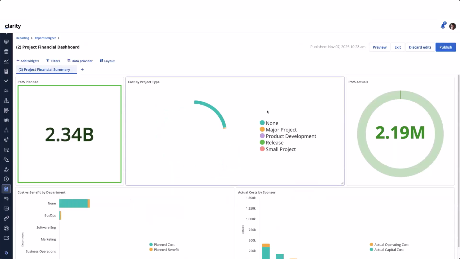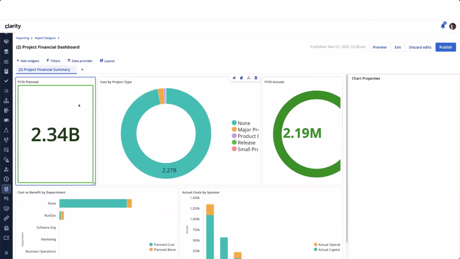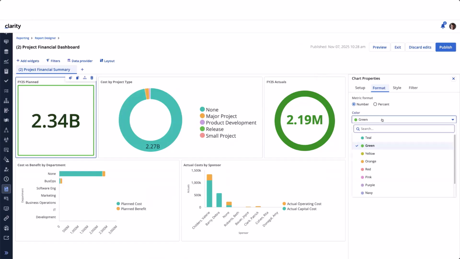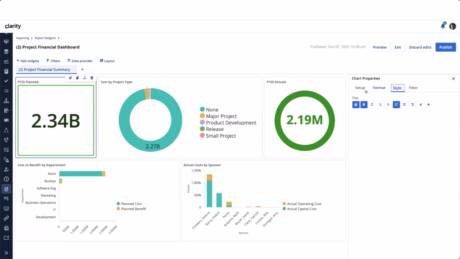So let's go into edit mode. I just want to show what it is in the current release. We'll go into the properties for this number tile. And the format area is where you set the tile. You have a total of 10 tile colors, and you can select 10 colors. The style area just has the title, at least in 16.3.3. So let's come back to